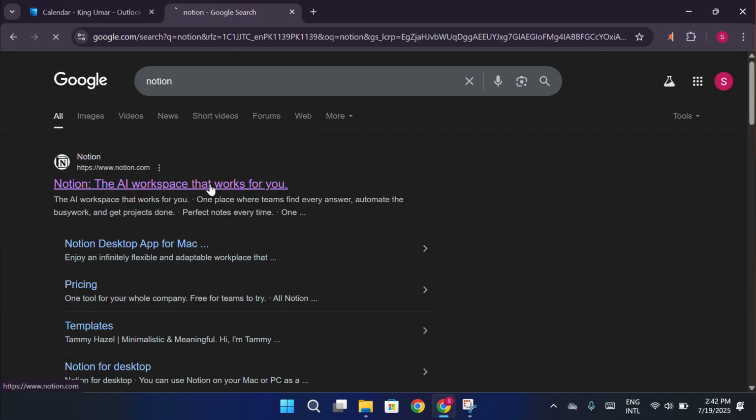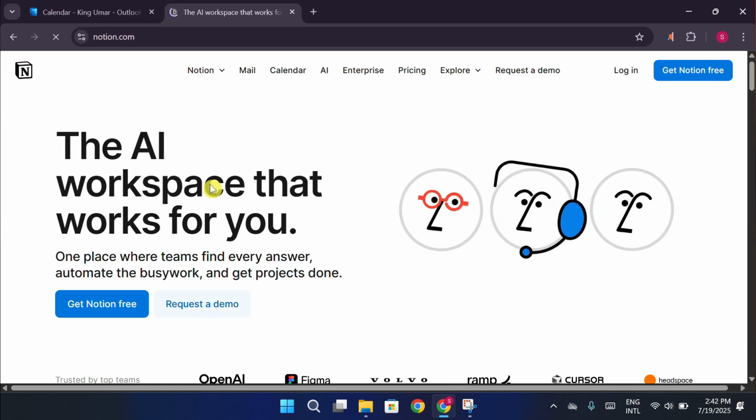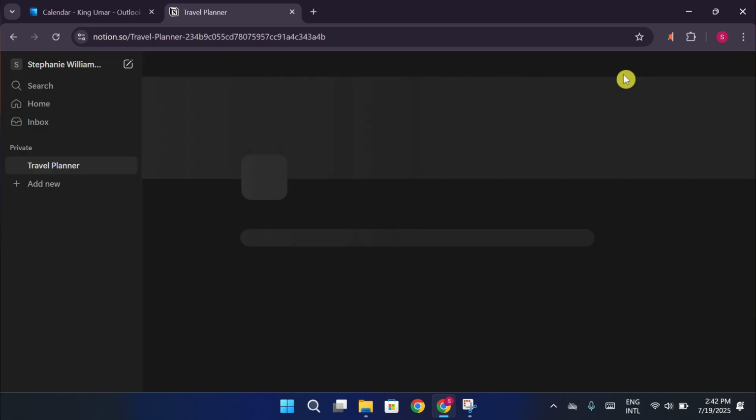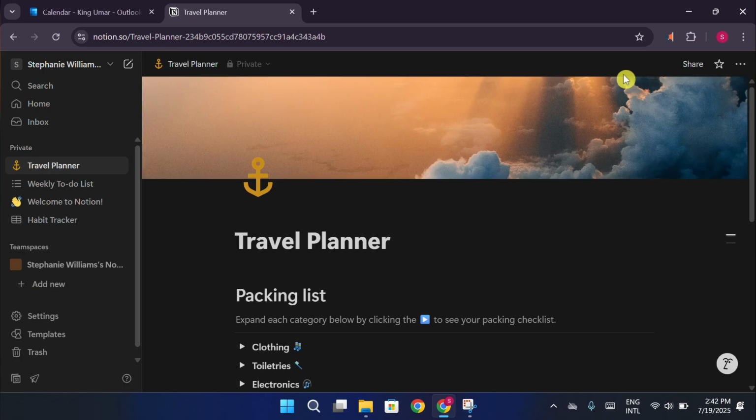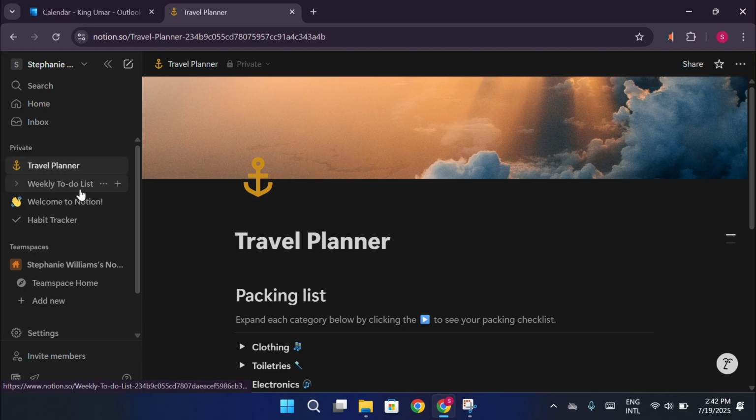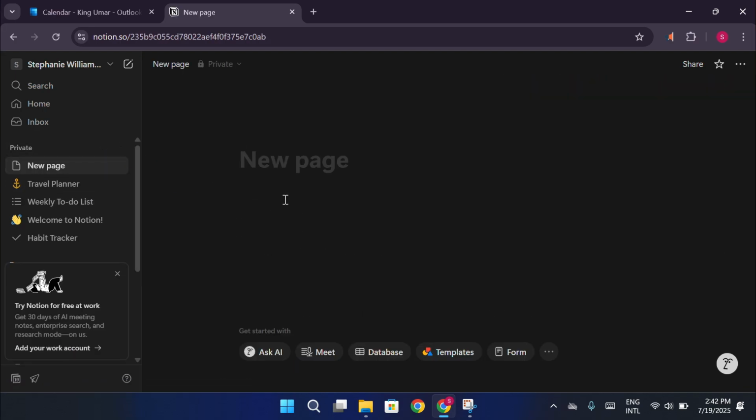Alright, with that link copied, head over to Notion and log into your account. If you're someone who prefers convenience, go ahead and click Continue with Google and choose the Google account linked to your Notion workspace. Once you're inside your Notion dashboard, go to the page where you want to embed your Outlook